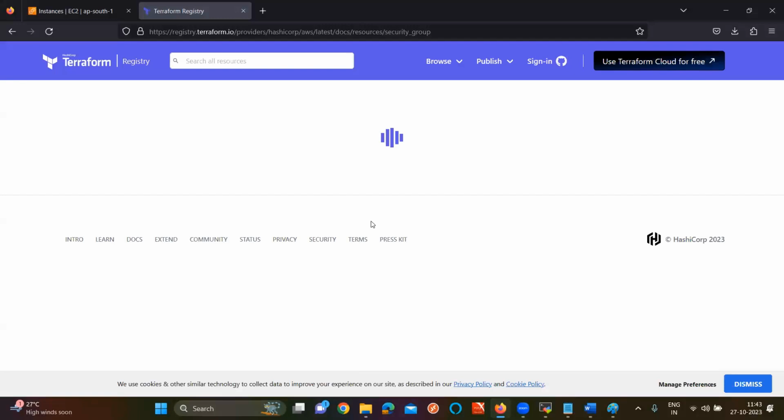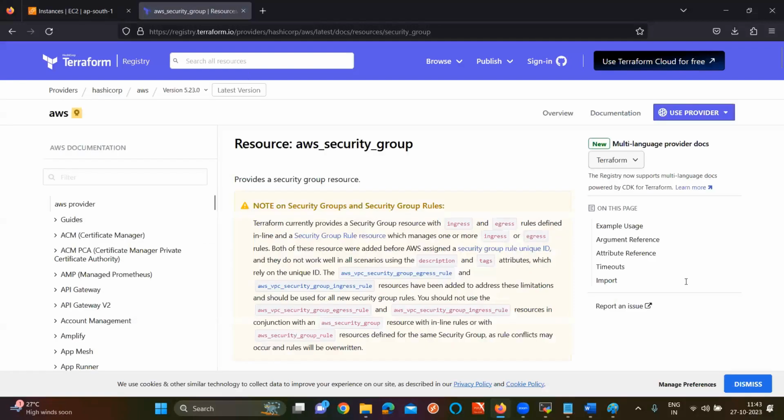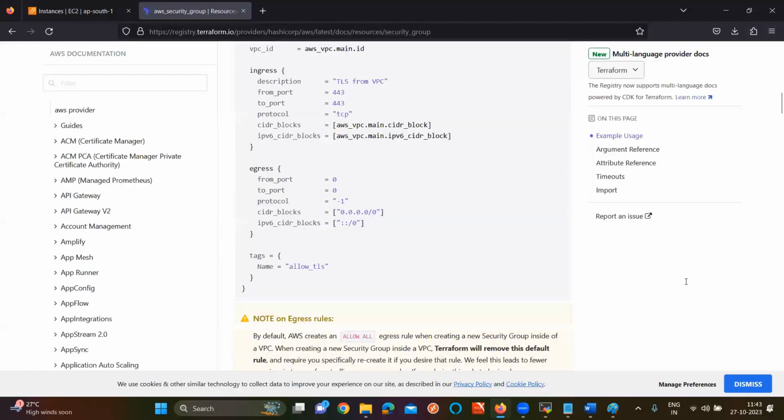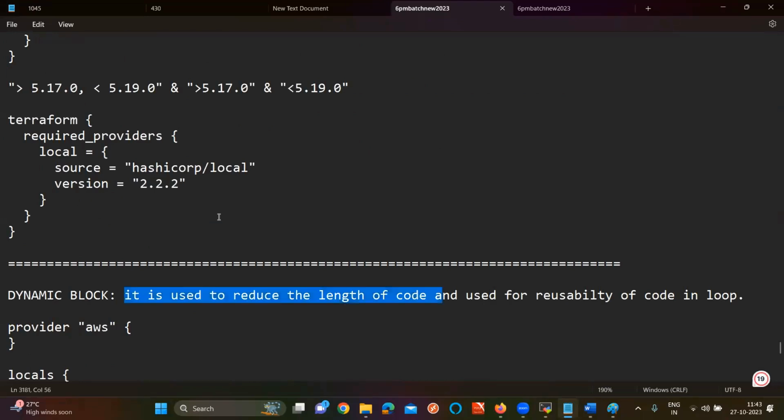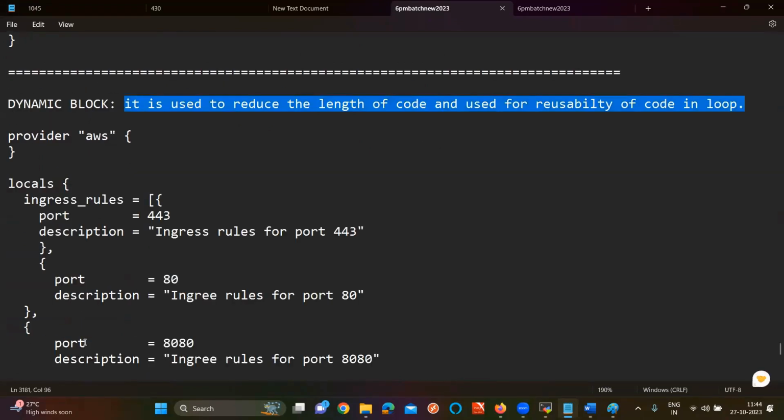It is the code to write the ingress block, sir. How big the loops are! This is the reason why we prefer the dynamic block concept. Is the dynamic block concept clear for all of you guys? Why we are using dynamic block and other stuff? So this code I'm going to give it here.